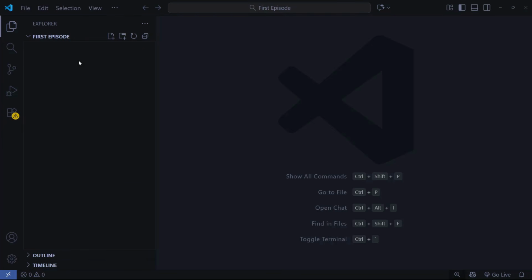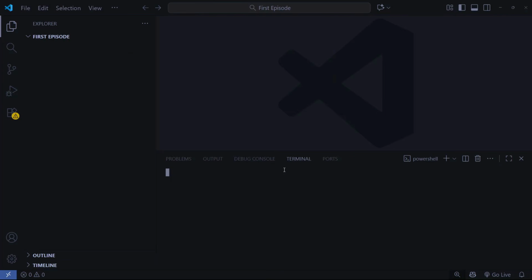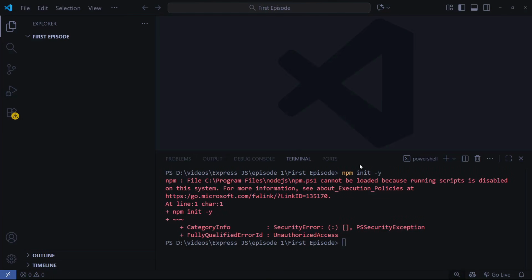So here I can just click on these three dots, go to terminal, and say open new terminal. Now this will open my terminal, right? Now what I can do here is first run npm init -y. Now, if you encounter this problem, that just means your PowerShell script execution policy is blocking npm from